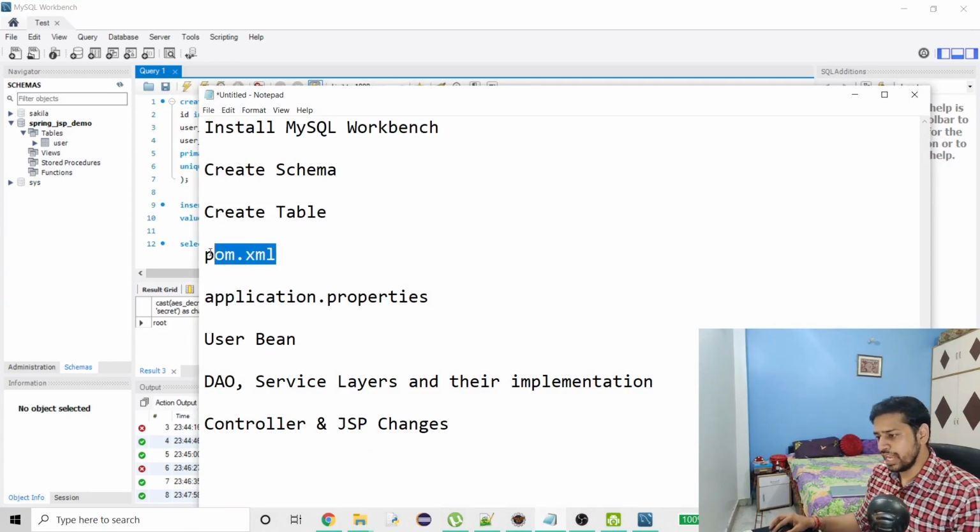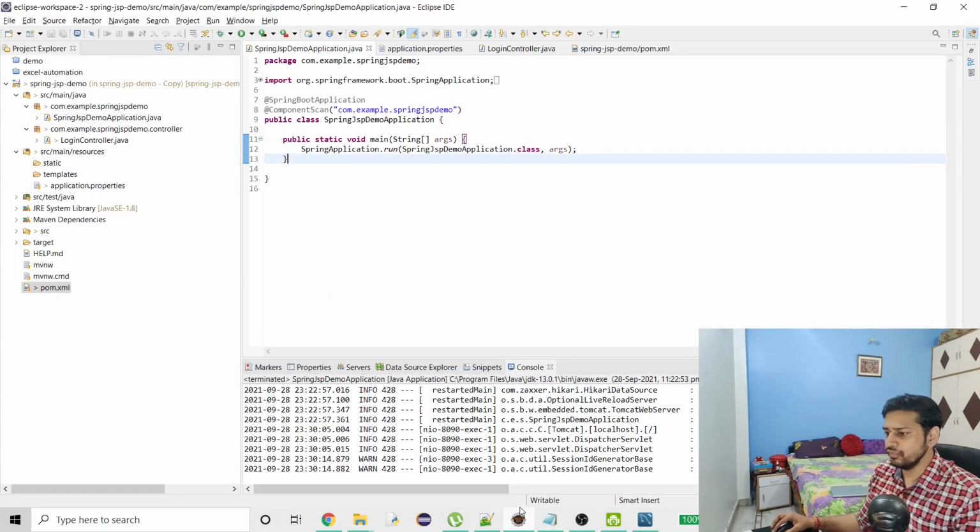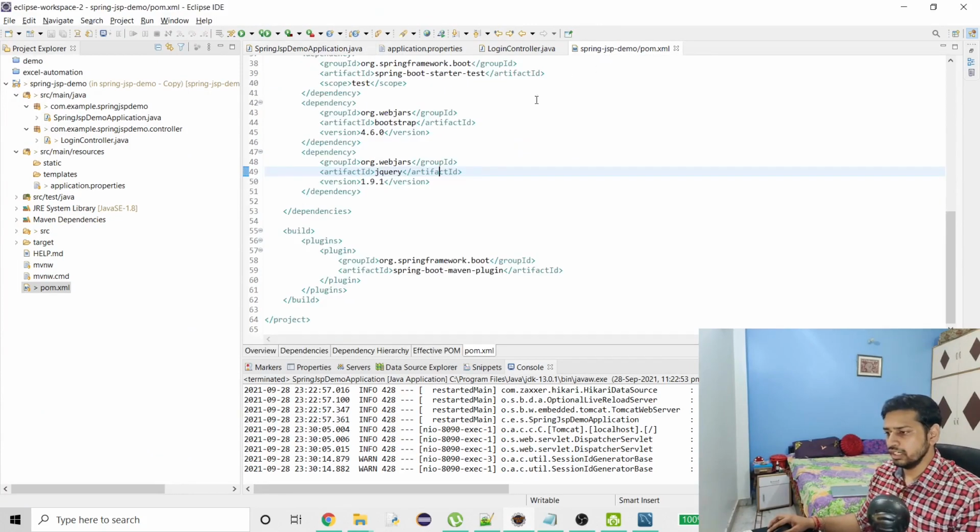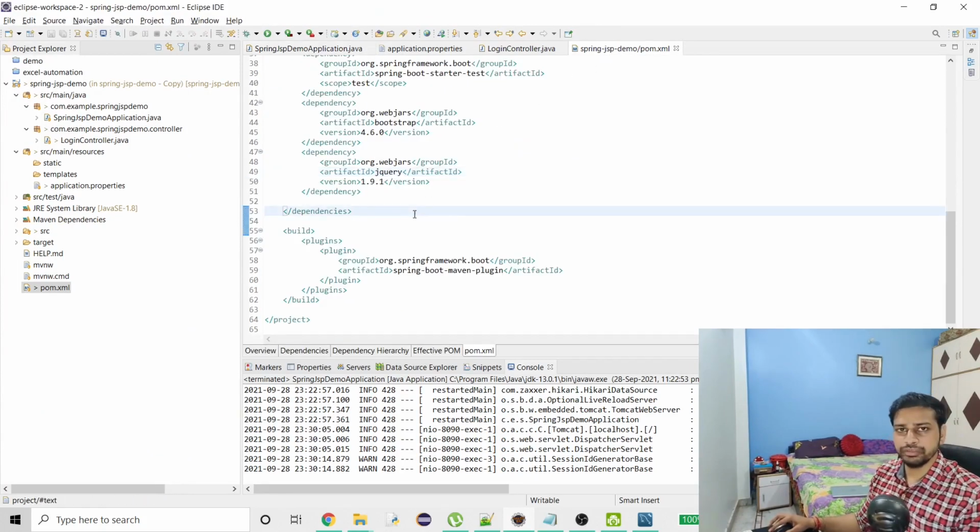Now we have to make changes to pom.xml. There are a few dependencies that we have to add, which are needed. So first being your Spring Boot and JDBC connection dependency, and then MySQL connector, and then we need JSTL, Java Servlet Tag Language. I hope I'm right there. So that is needed for important stuff, and I will come to that, or maybe you will know about it later on in this video. So first let me write those dependencies down and then we will talk.